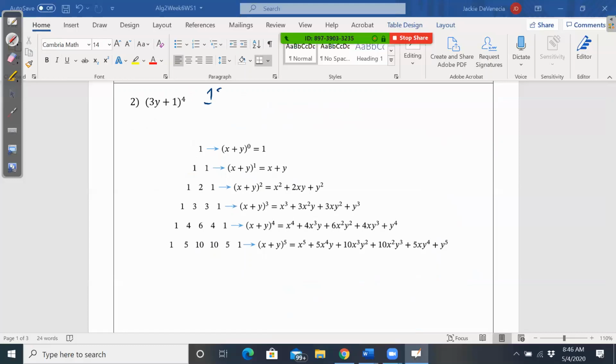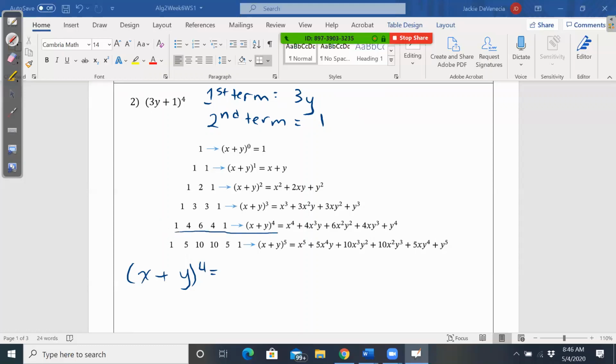My first term is going to be 3y. And my second term, well, luckily for me, it's positive, so I'm just going to write a +1. So it says I'm taking it to the 4th power. So if I was going to go ahead and derive that form for myself,